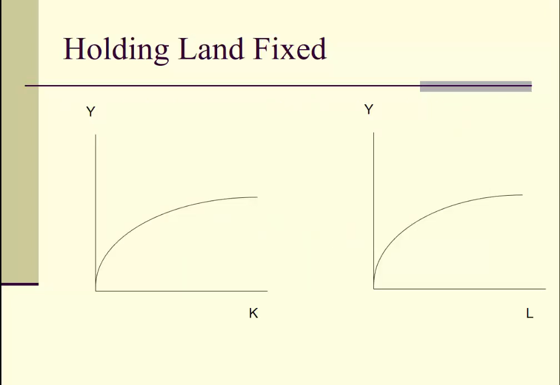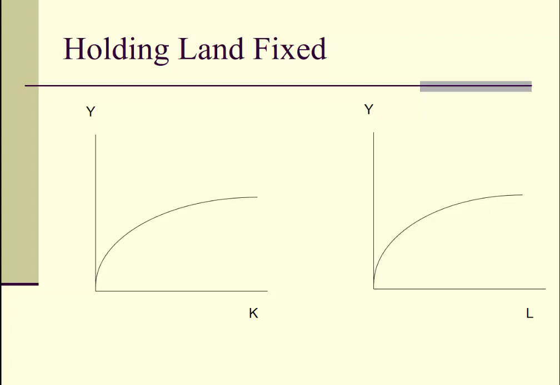So in a graphical version, here we have the economic output Y on the vertical axis and an input, capital K, on the horizontal axis, but we're assuming we're going to hold land fixed. And so we get diminishing returns to capital because we're not doubling the amount of land. The exact same thing happens to labor. If we hold the amount of land fixed and increase the amount of labor working on land, we do not get constant returns to scale. The amount of corn we get off of our land starts to diminish despite increasing amounts of this input, either